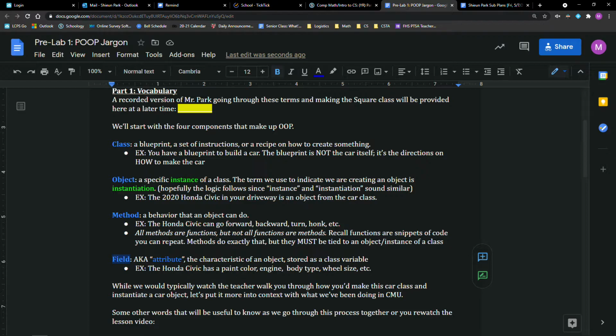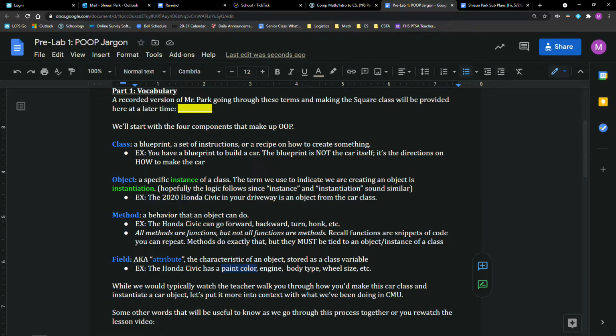Oh, the reason why the lines between fields and methods are sometimes blurred is that usually when you make a method, what you're really doing is modifying its field. For the car example, you can have a method like paint car, which means you're changing the color of the car, which means you're modifying the paint color attribute. So they're usually tied hand in hand, but they don't always have to be. We'll go through cases later where they aren't, but just to throw out some ideas here. Okay, so again, class, object, and then the object has a method and a field, or methods and fields.